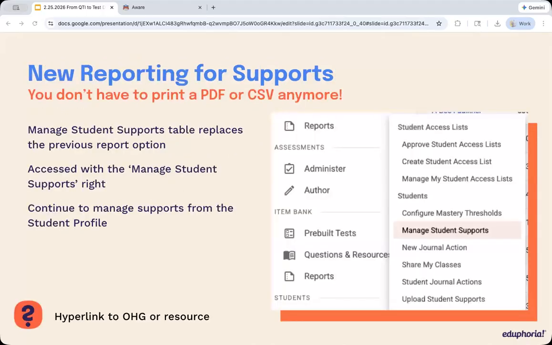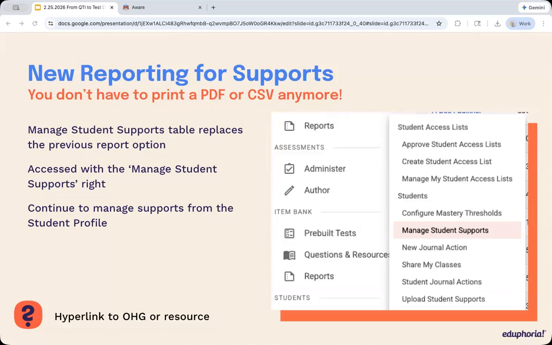We also have a new reporting system for supports. The reporting system for supports was really, really tedious and awful. I don't know if any of you have actually played in the supports before and tried to audit it, but if you exported all of the supports to do an audit via a PDF or something like that, the text on it got microscopic and you had to zoom in, and it was really, really difficult to tell what was going on. We've gotten rid of that old auditing report, and instead we've moved it to the students cog,